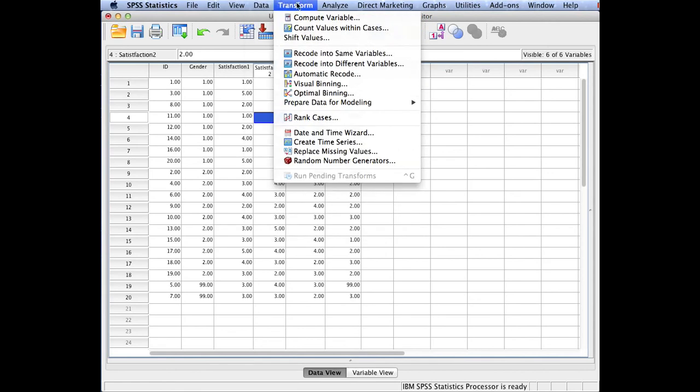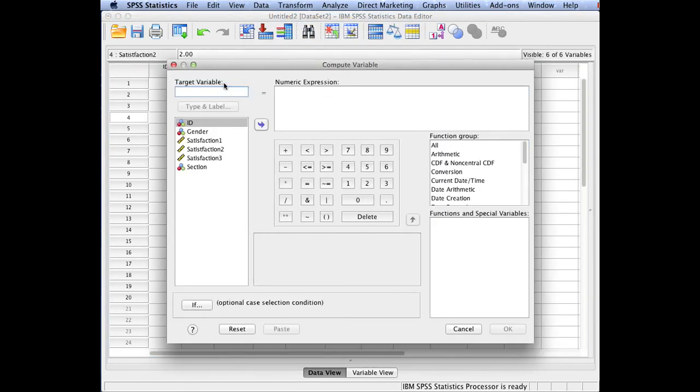We can do that with the Transform, Compute option, and we're looking at creating a mean of satisfaction. If you're already familiar with SPSS, you should know that you can do it with one of the function group formulas. So it would look something like this. Or you can do the version that would look more like a traditional calculator, where you would open brackets, do 1 plus 2 plus 3, close brackets, and divide by